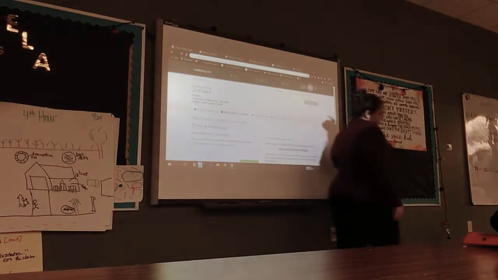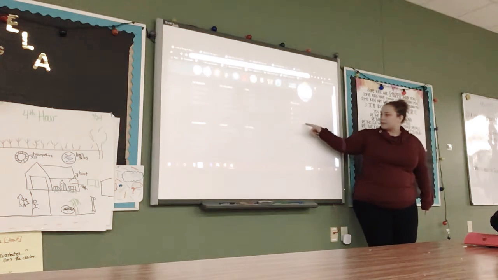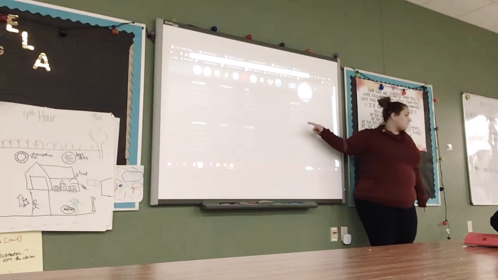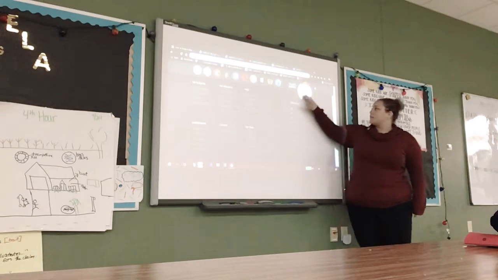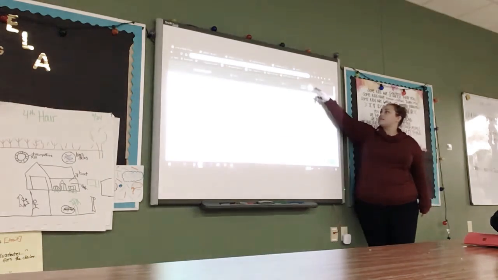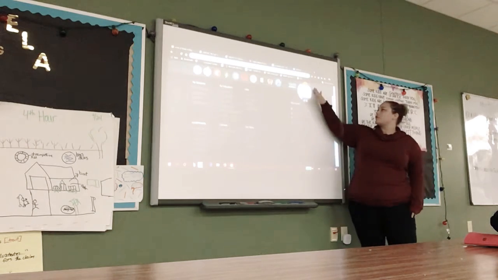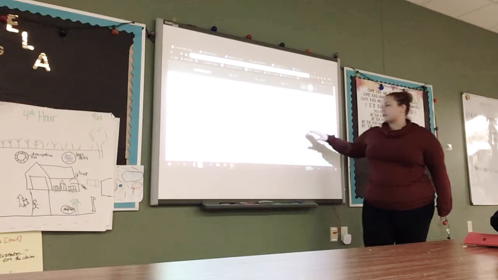So if you click on the 3 bars up here, and you go to assignments and activities right here, you can't really see it right now, but it's there. That'll take you to your assignment, okay? Everybody see that? So, again, click on the 3 bars up here, and then you click on assignments and activities. That's how you're going to find your list. This very first list is basically,